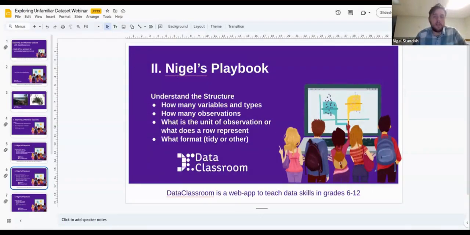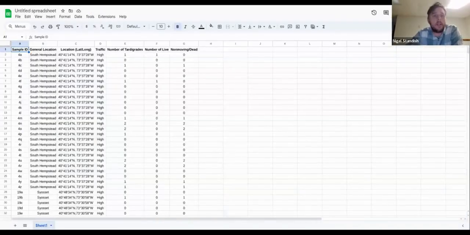The third point is, what is the unit of observation? Now, unit of observation might be an unfamiliar term, and that's because it was to me. But basically, it's what does each row represent? So we'll go back here and look at this data set, and we'll notice that